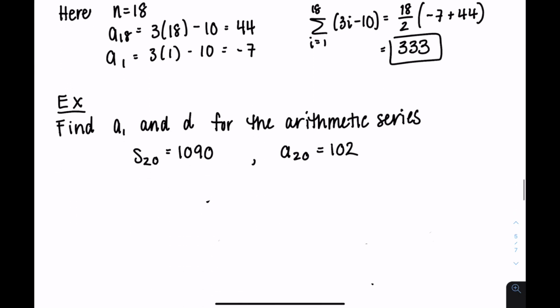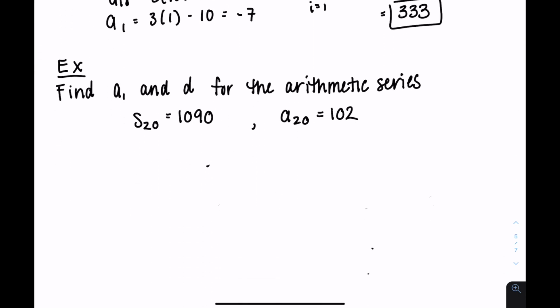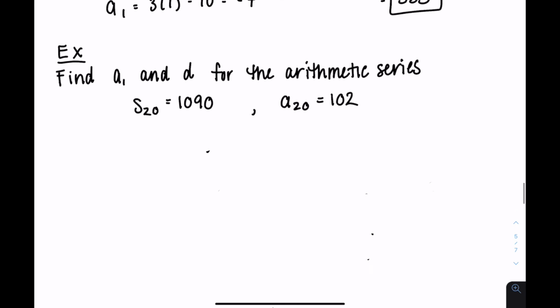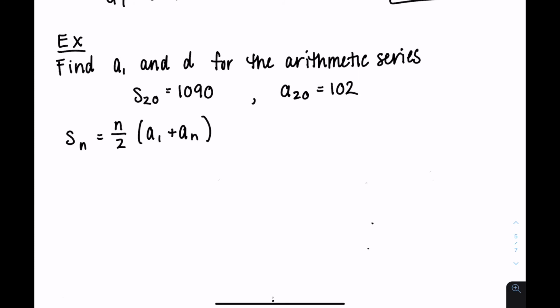So now let's try to find the first term and the common difference d for this arithmetic series, knowing that the sum of the first 20 terms is 1090 and the 20th term is 102. The first thing I can do is utilize my formula for Sn to find my first term. I'm dealing with 20 terms here, and I've got all of these pieces, so I can figure out what A1